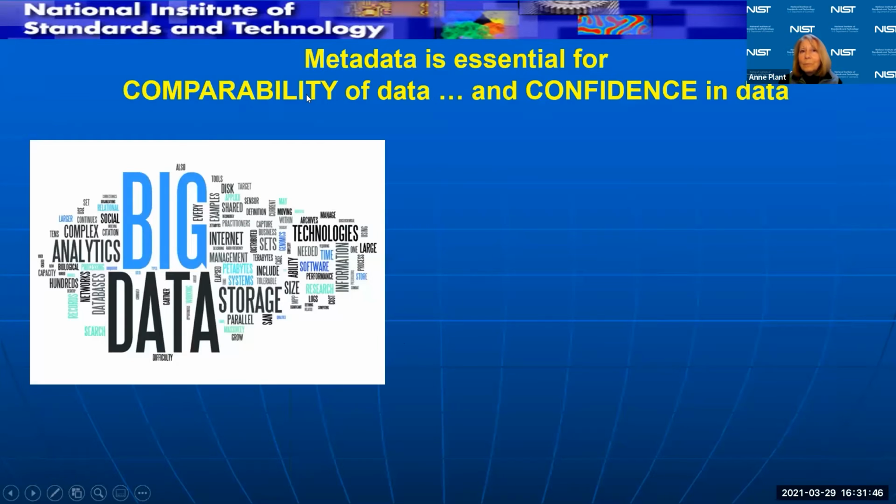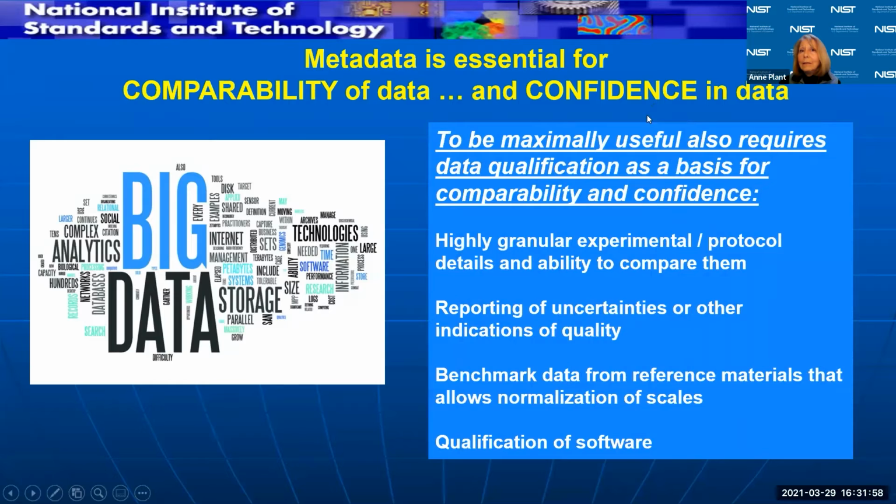So, I would contend that metadata is essential for sharing data, for assuring comparability of data, and for establishing confidence in data.